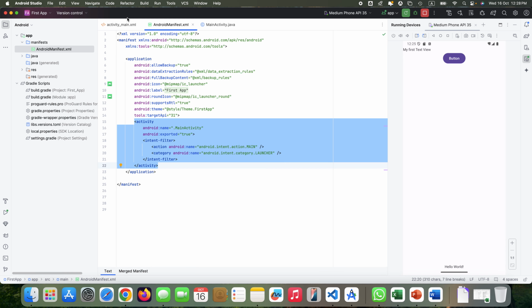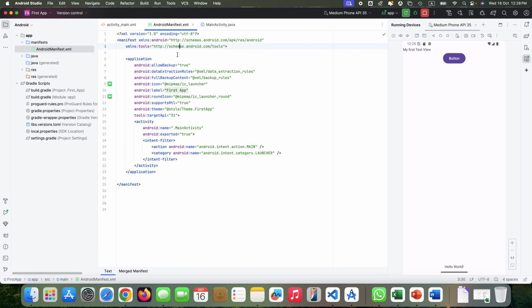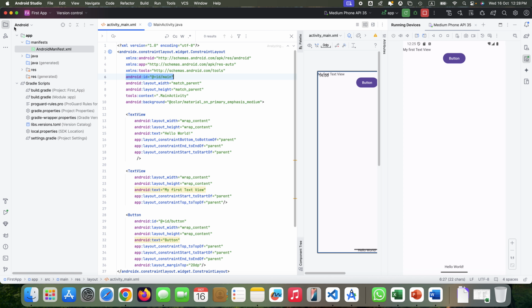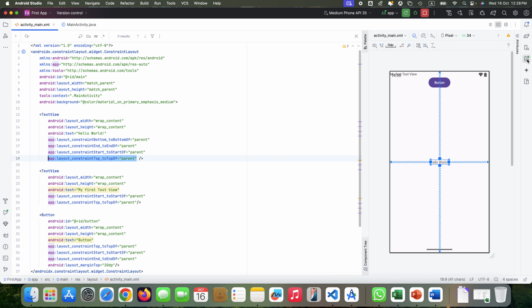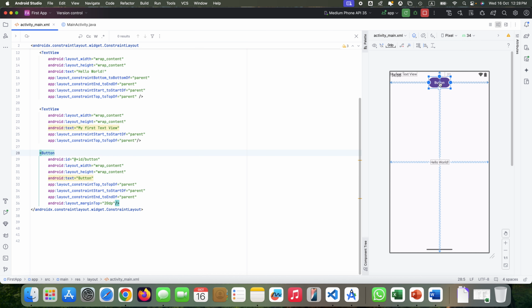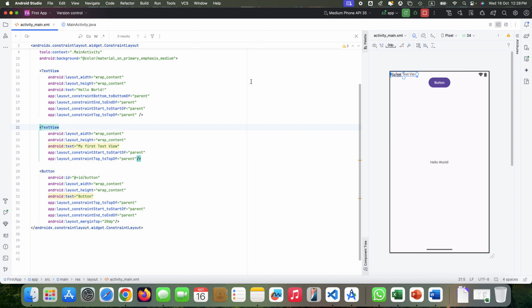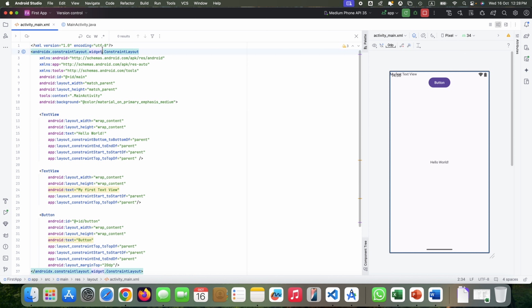Okay, so let me see this part first. So we have this one. Let me close that one. First of all, look, let me press control Z. So this was the constraint layout, how it looked. Center aligned. On this one I have applied certain constraints. Now I want to change it to the